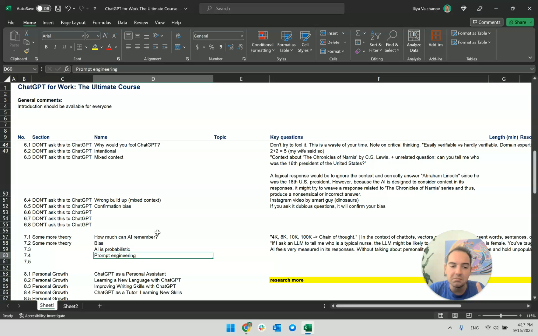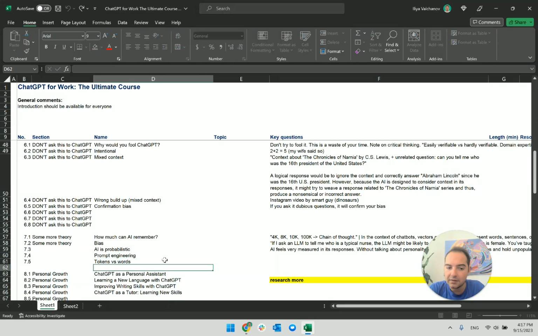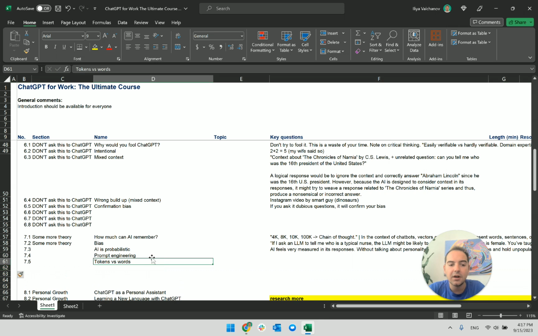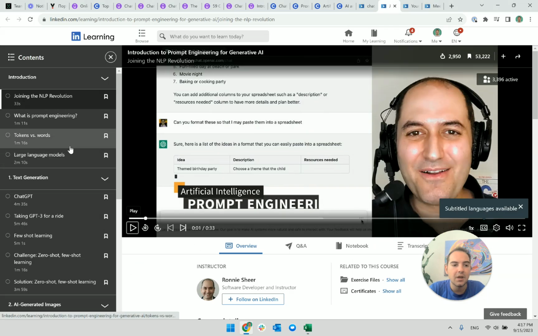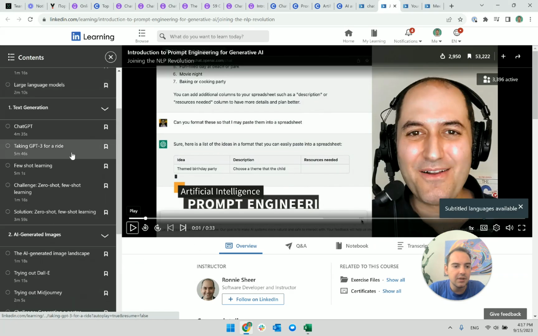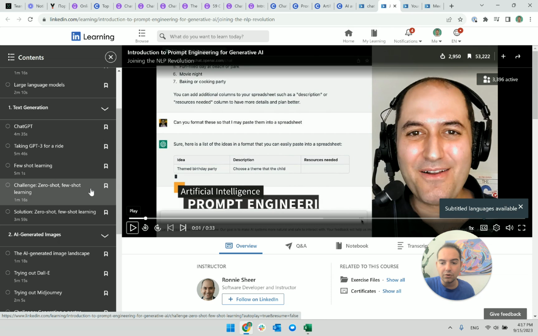Tokens versus words. Great. This is also very good theoretical stuff that people should know. Okay, LLM, ChatGPT-3, few shot learning. This is zero shot, few shot. These are amazing things. I will be talking about them.